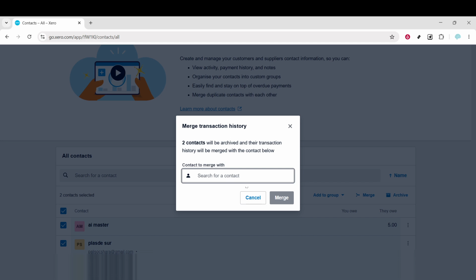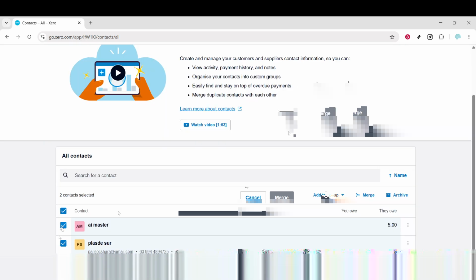You'll be prompted to choose the primary contact information. Think of this as the surviving profile that will remain after the merge. Pick the contact that has the most complete and